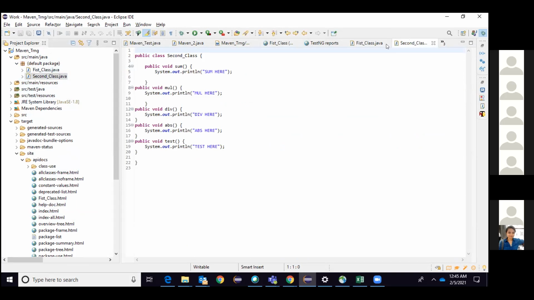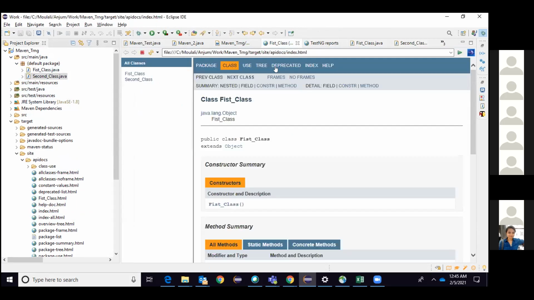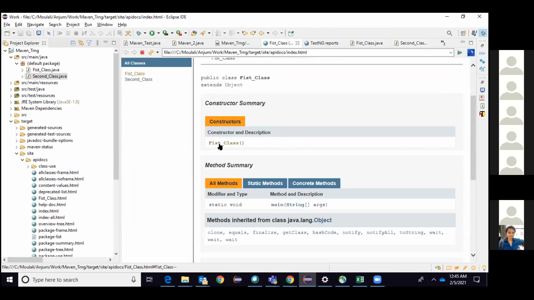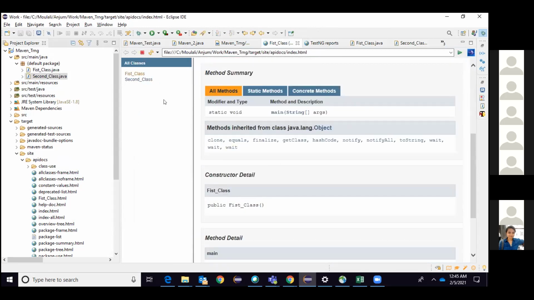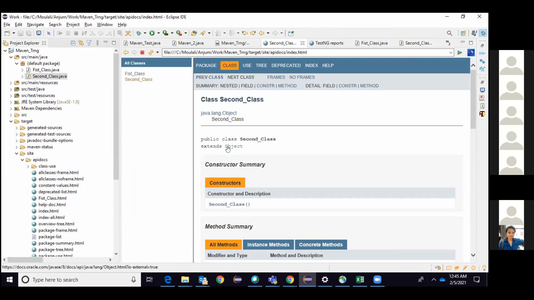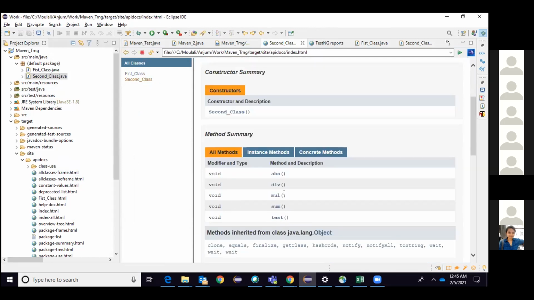This is my first class, and it will tell you what my constructor is and what the methods are. If I go to the second class, it shows the constructor, the methods, and the return type. So it will give you the complete information. This is one type of plugin, that's it. The major point is you have to know how to use it.